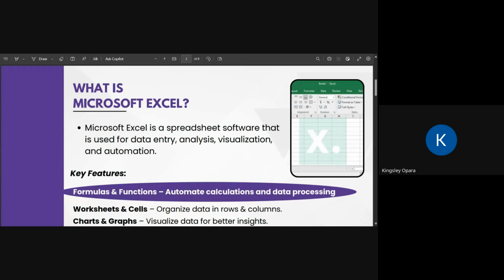So Microsoft Excel is a spreadsheet software that is used for data entry, data analysis, visualization, and automation. I want to believe that everybody on the call has used Microsoft Excel. A very quick one: if you use it at all for one thing or the other, can you just use the raise hand button? All right, Oladipo, okay.